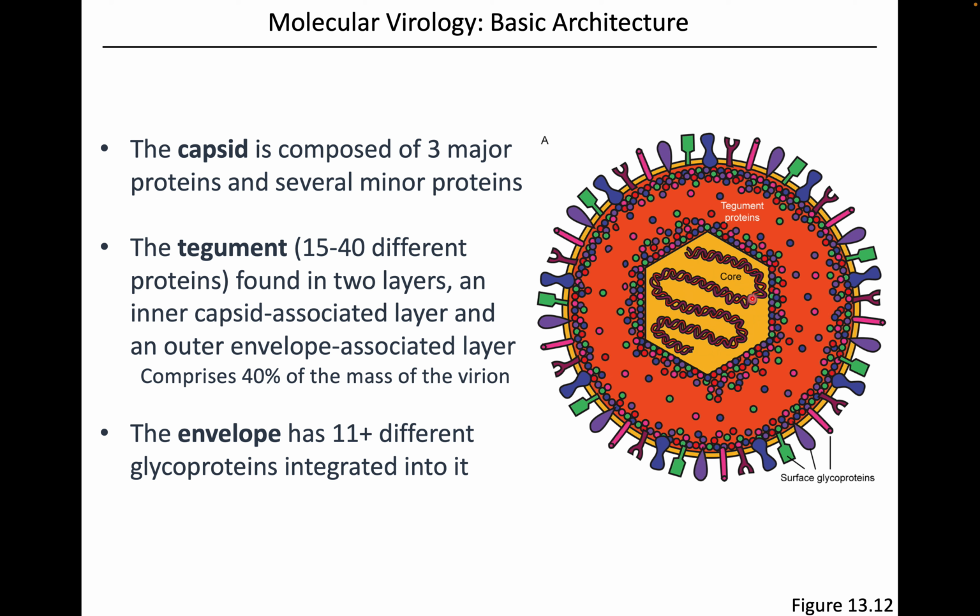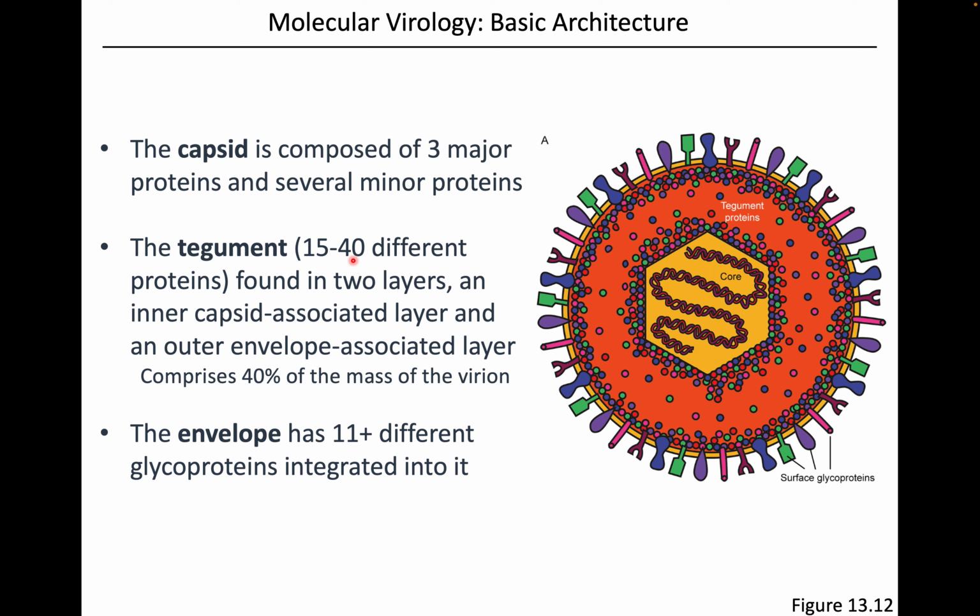So you have the capsid here in the interior that's made of 3 different major proteins as well as a handful of minor proteins. We're not going to go into all the detail on that, but suffice it to say you have multiple capsid proteins making up that nucleocapsid. And then you can see this rainbow color of little circles within the viral envelope. These are what are called the tegument proteins. And this can be as many as 40 different proteins,